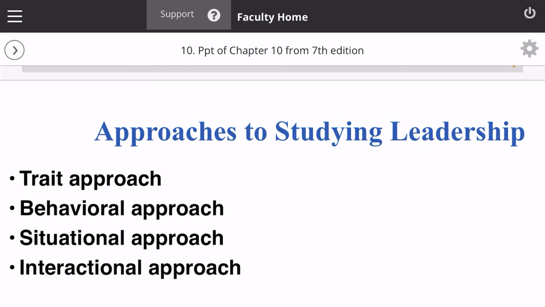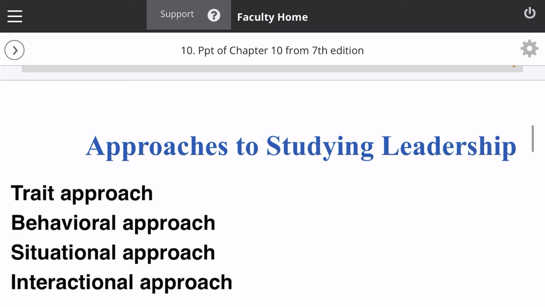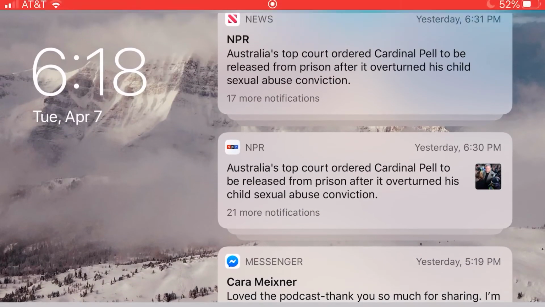Again, it's got elements of values. It's got a process that's shared, not just about an individual, and the whole idea of working together. So let's now move from the